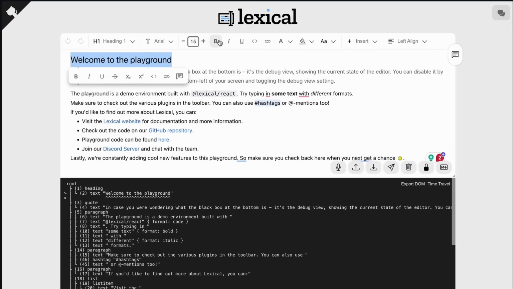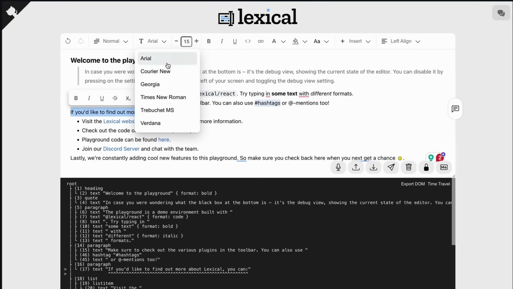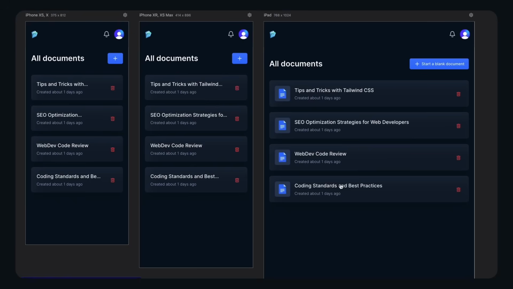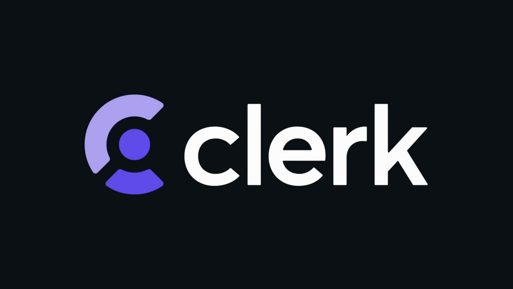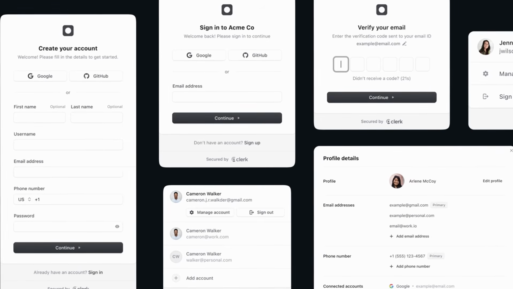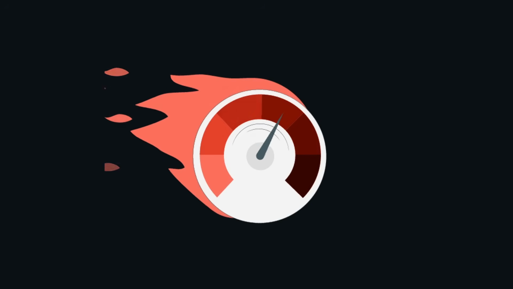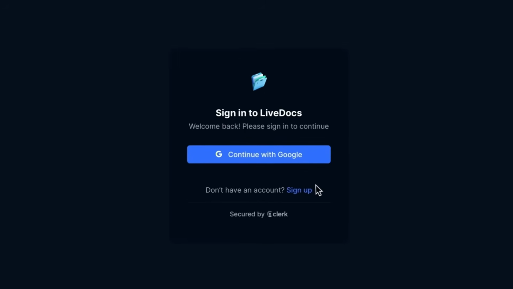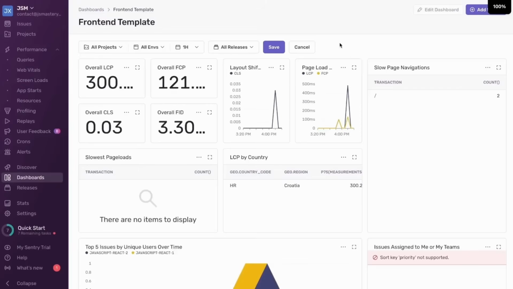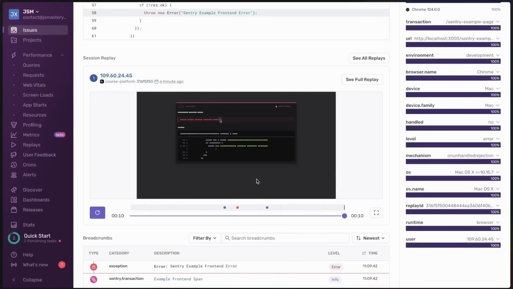Lexical, which is a powerful editor developed by Meta, ShadCN, and Tailwind CSS for a modern, completely mobile responsive UI, Clerk for hassle-free auth that transforms weeks of building out your own authentication into minutes of integration, giving you a fully customized system without the headache, and Sentry, a monitoring software for analyzing performance to ensure your app is enterprise